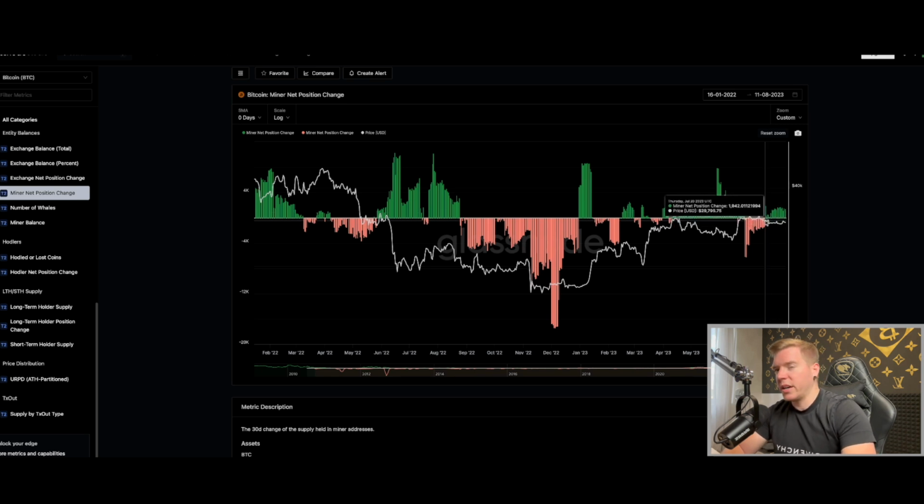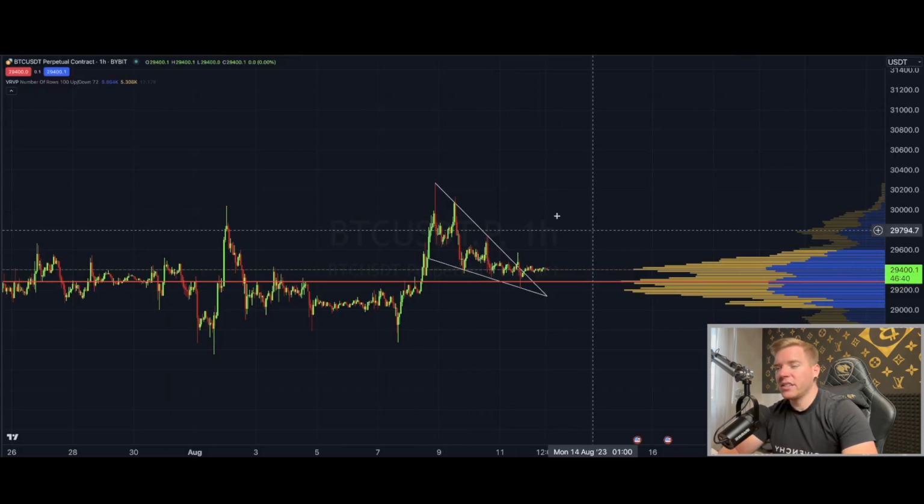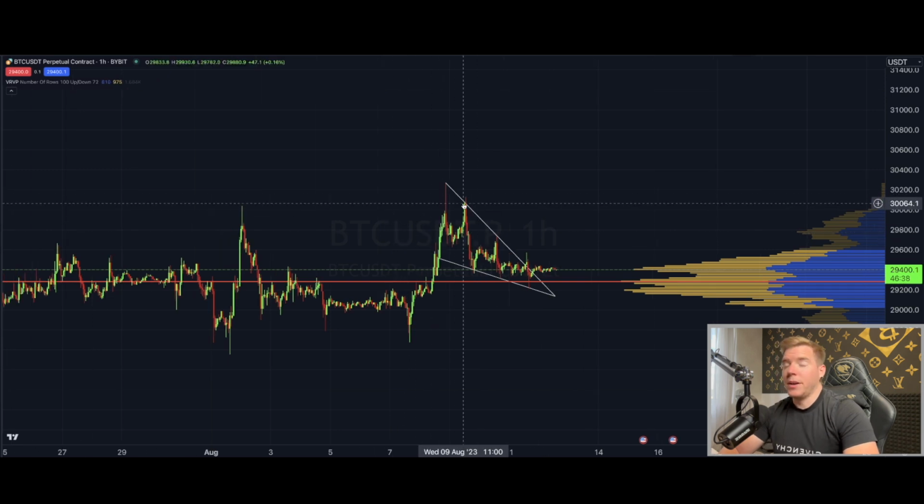But of course, if we get to like $30,100, $200, $32,000, then of course we're going to see for sure a spike here in miners selling at these levels, because it is a multi-year resistance level. So when we are then continuing here with Bitcoin,